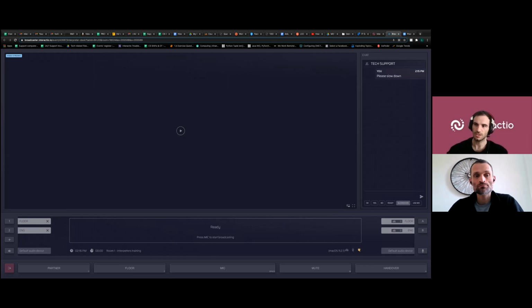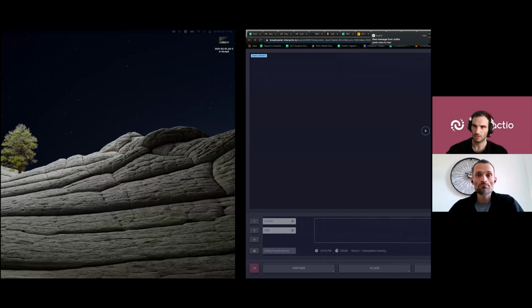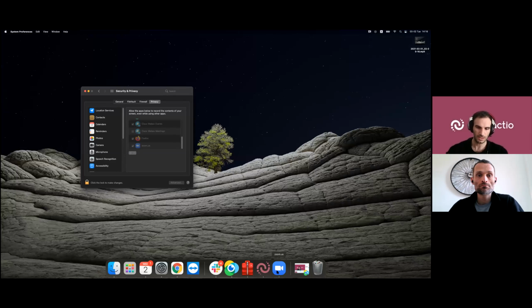This is just to avoid communication between interpreters and the participants, because as an interpreter, you will be focused on the interpreting instead of reading the